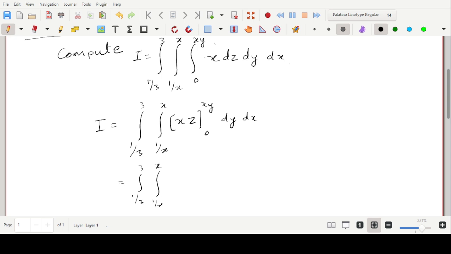Now here z was the variable, so we shall be substituting these limits for z in here. So that will give us x square y